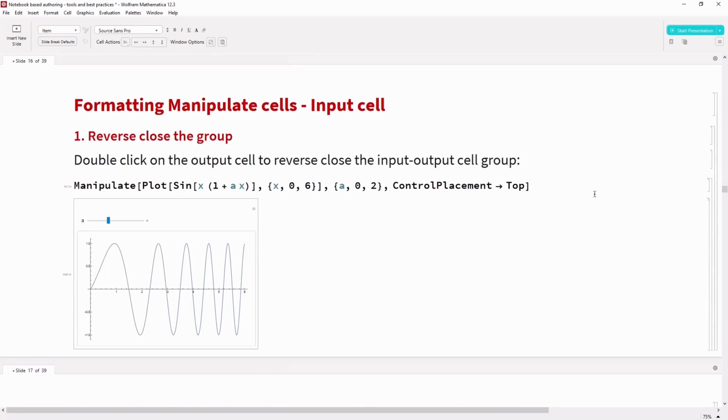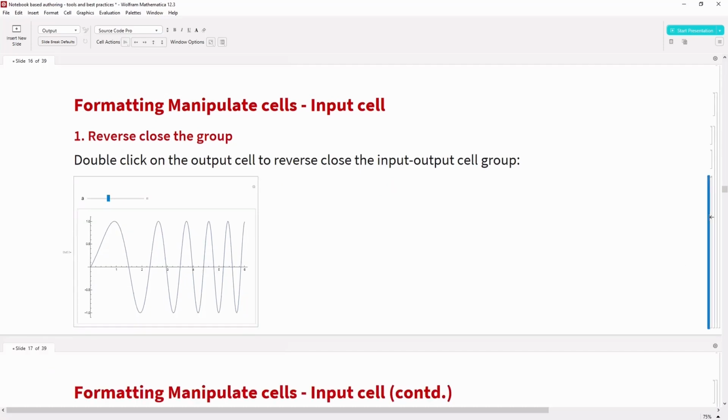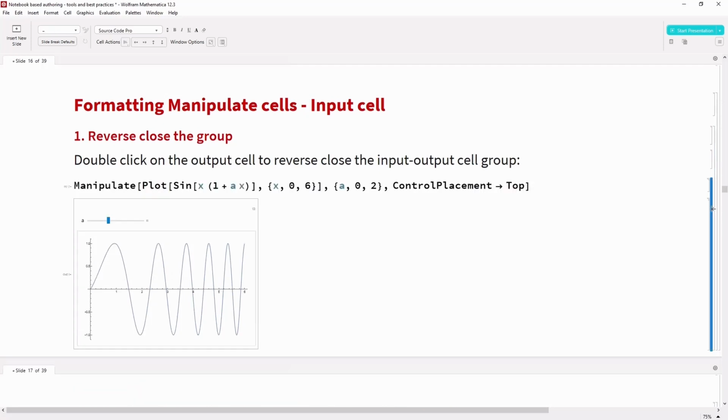Like we saw earlier, we can always reverse close our groups to hide our input cells. As I click on my output cell, it hides my input cell, and I can open the cell group by clicking on the entire cell group for the input and output cells.